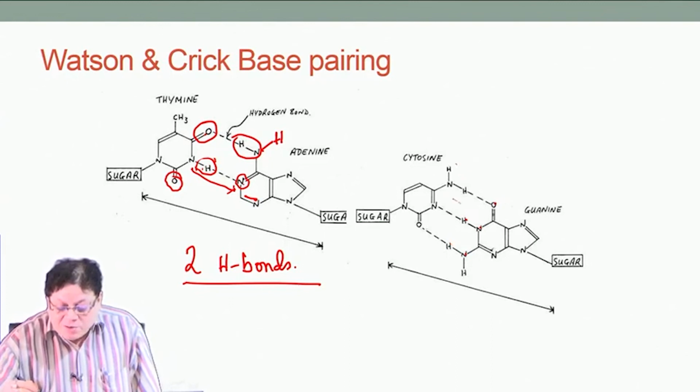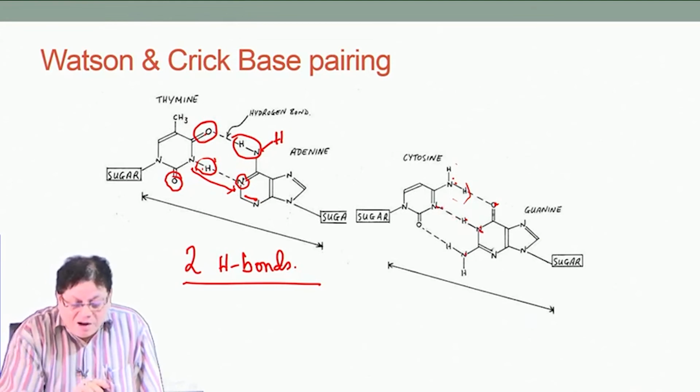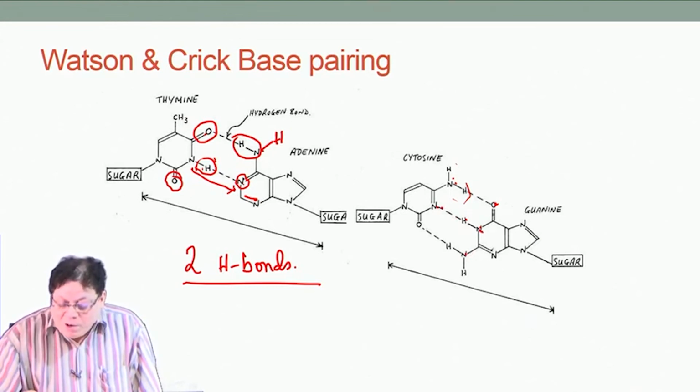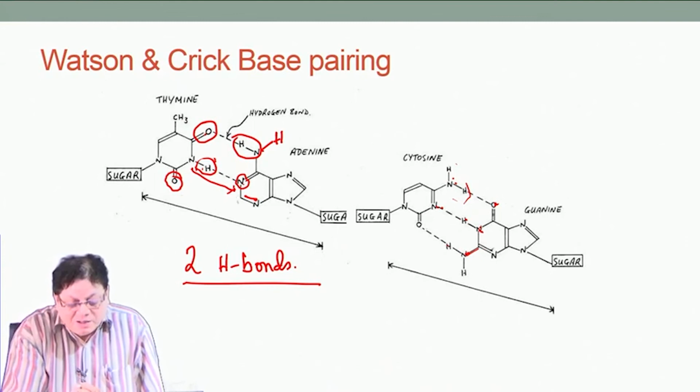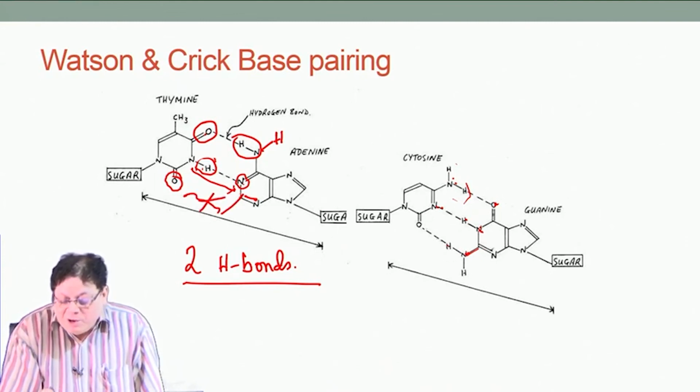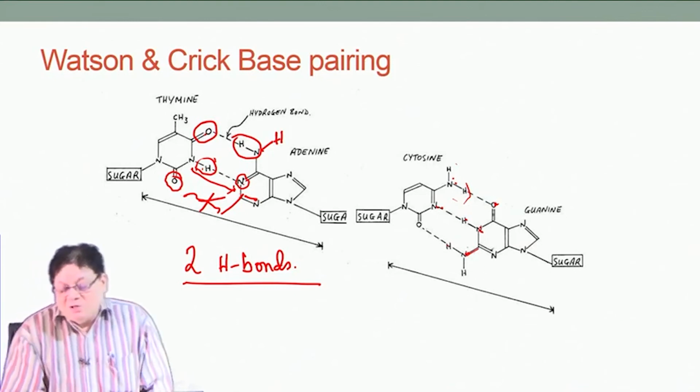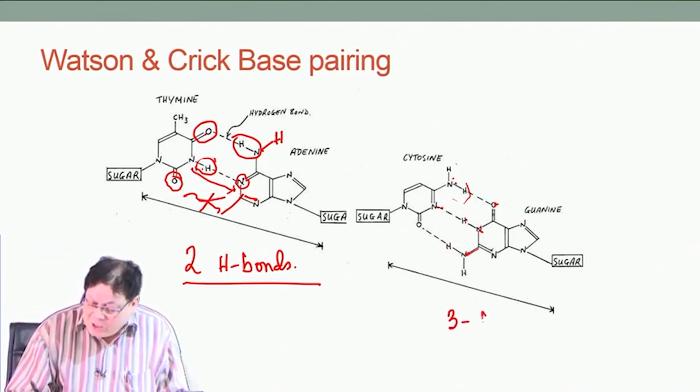So, this is your donor and acceptor, that combination you need. This is your acceptor. So, again a donor-acceptor combination is there, but unlike adenine, in guanine you have another functionality here, which is another NH2, which is a donor. As I said, there is nothing here, so you do not have any hydrogen bond here, but here you have a hydrogen bond because there is an NH2. That is why there are 3 hydrogen bonds formed